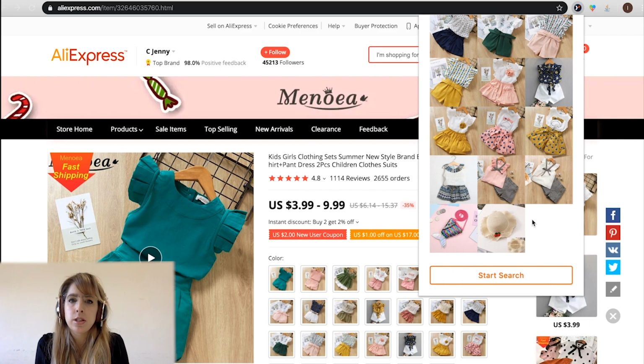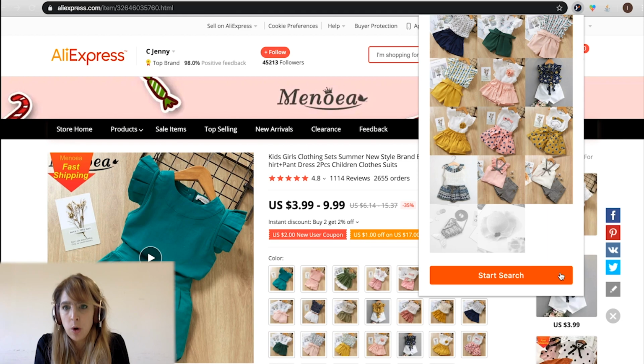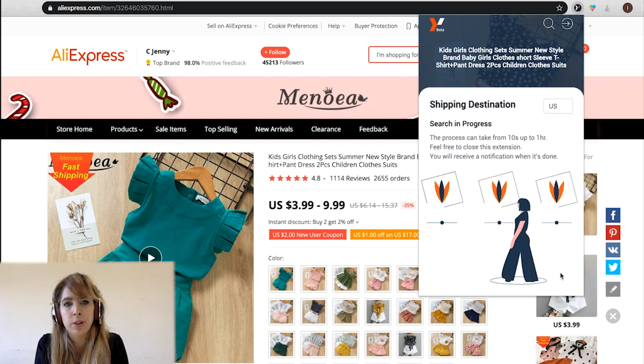When you click on the Start Search button, you will see a series of images, and you will need to deselect the ones that don't show the products you're looking for. In this way, you will give to our Google Chrome extension all the info that it needs to source your products in our huge supplier database and give back a quotation for the same products brought directly from factory at B2B prices. After clicking the Start Search button, wait a few seconds.